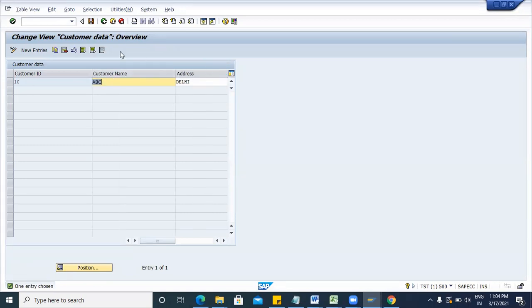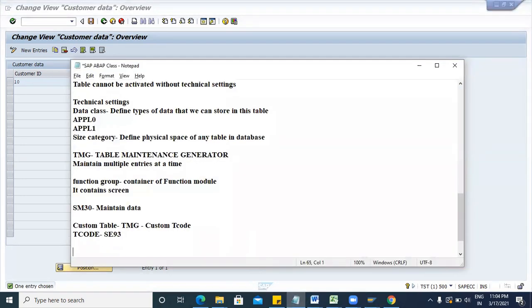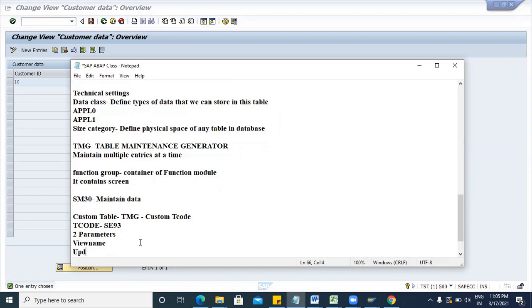Okay. So let me maintain some notes. To create custom T codes, you have to remember just two parameters. Two parameters that we have to pass. View name. You can click on the F4 help also. But just remember the name, view name and update. In the update, we always pass it as X. Basically in ABAP, that capital X is to activate.